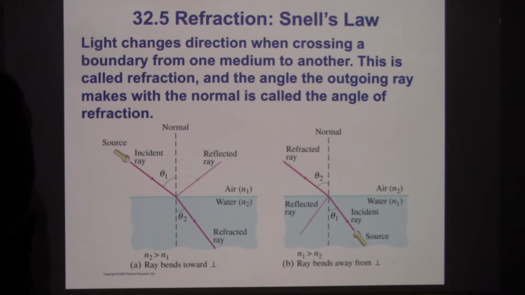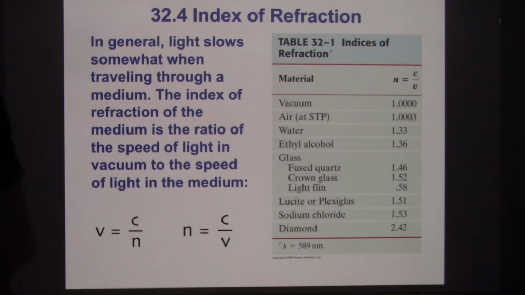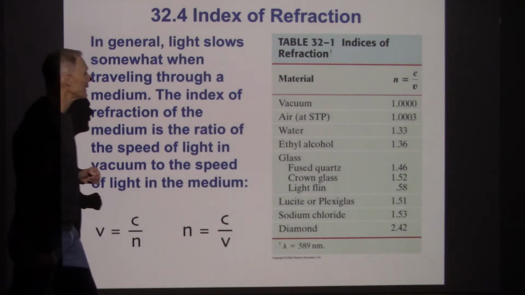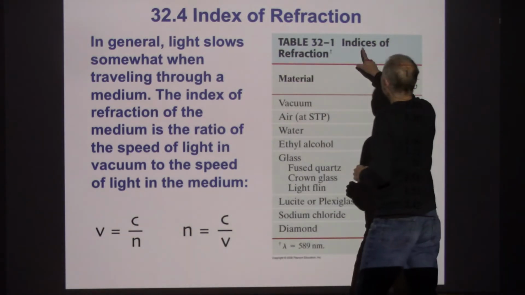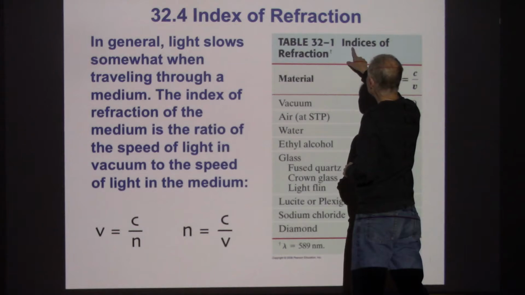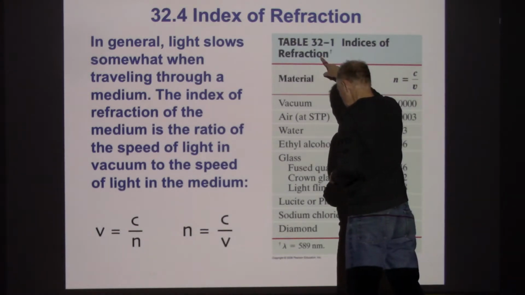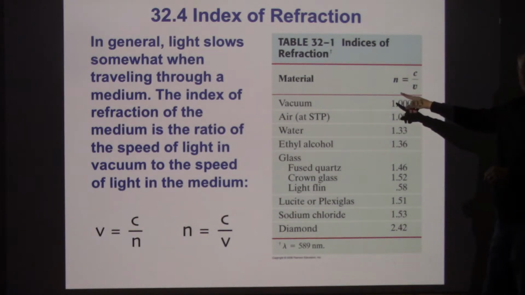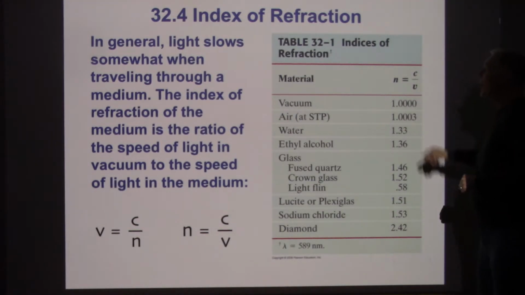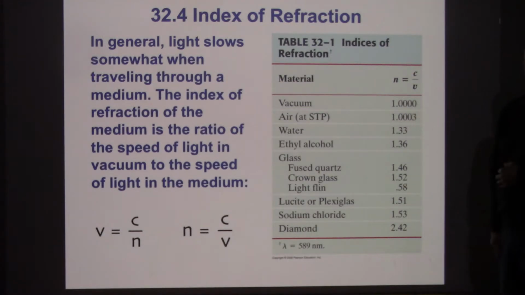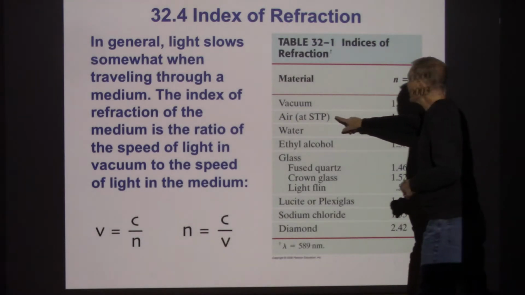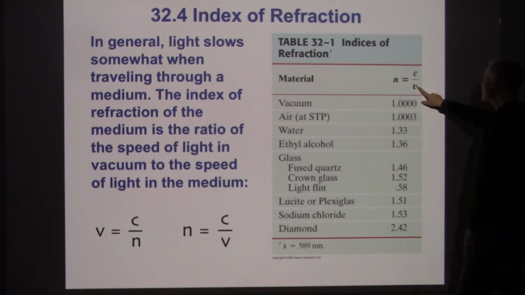We have a way of keeping track of that effect, or quantizing it. What we do is we define something. This is a little funny, but this is how we define it. We say that there is something called, for a material, the material's index of refraction. And the index of refraction is given by the speed of light in a vacuum divided by the speed at which light makes its way through this material. Now, for a vacuum, that ratio would be 1, but in air, interacting with those air molecules slows down the